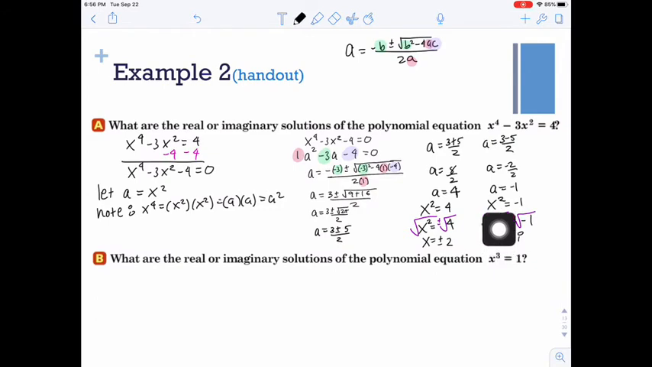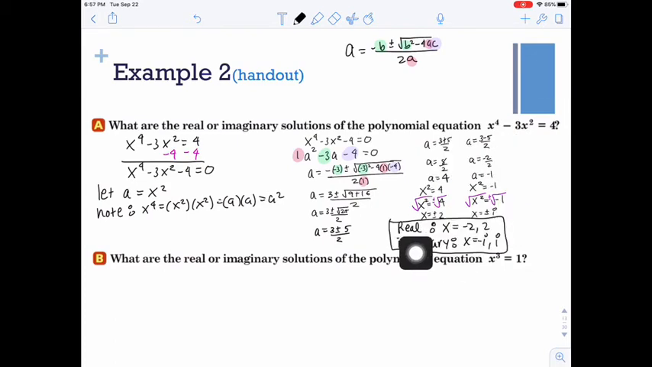And then over here, when we plug in x squared for negative 1, take the square root of both sides, we get plus or minus the square root of negative 1. Remember that i is equal to the square root of negative 1, so we have x equals plus or minus i. So this actually gave us 4 answers. We have 2 real solutions and 2 imaginary solutions. So our 2 real solutions are x equals negative 2 and 2, and our 2 imaginary solutions are x equals